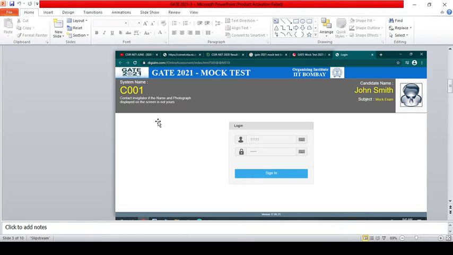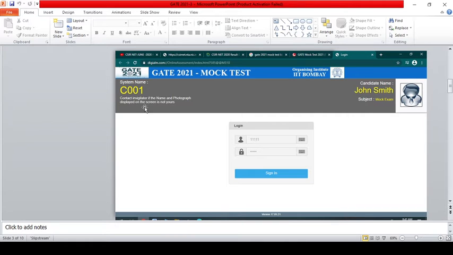So this is the thing, you can get this GATE mock test link on any website. I just searched GATE 2021 mock test biotechnology, where the link will be there, and you can click it and this page will open. You can also get this mock test link on the IIT Bombay website. Recently, in the first week of January, they activated this mock test link. This mock test doesn't include the actual question paper for the GATE examination, whereas it is just the GATE 2020 examination of biotechnology.